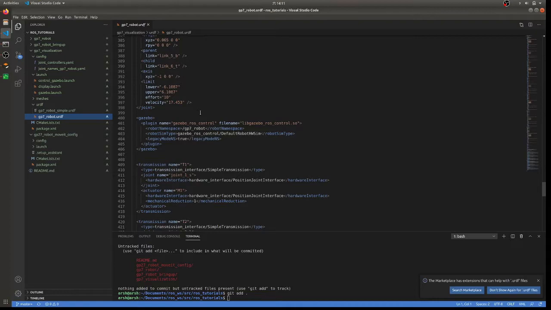So we have this libgazebo file, which is basically a C++ compiled file. It uses the gazebo ROS packages; it looks at the parameter server, sees that there is a controller config file, and then it looks at these